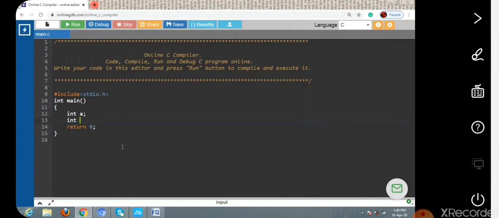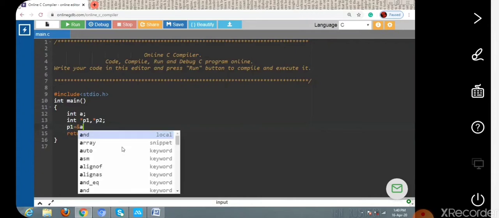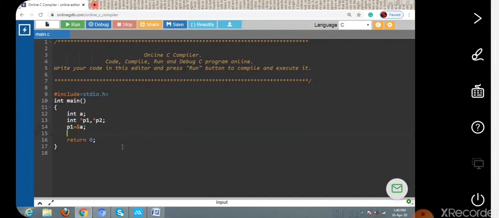Instead of that, here I am going to declare two pointer variables, star p1 and star p2, and p1 is initialized with ampersand a. There is no value corresponding to p2.